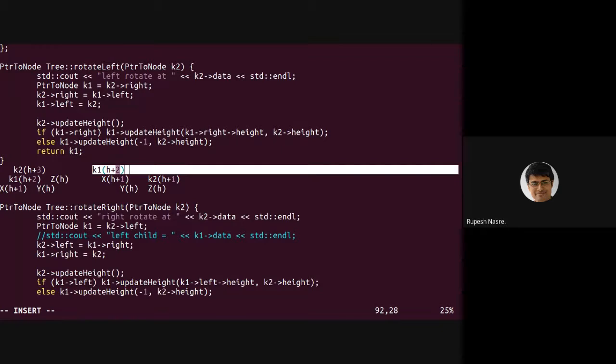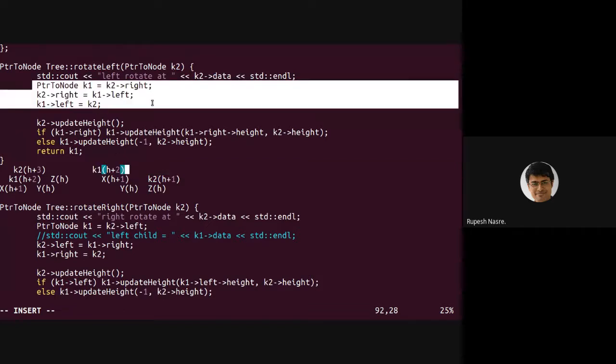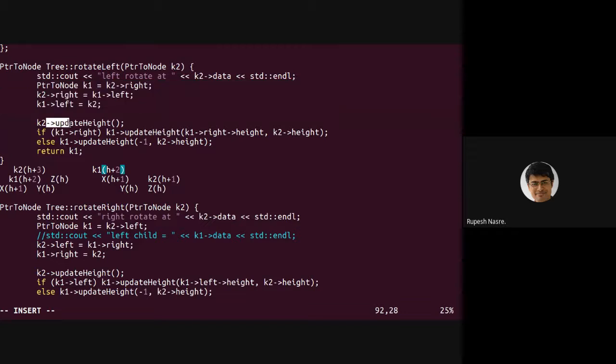I hope this part is clear. This is something which I didn't talk about, but I thought that since Abhishek has asked this question, we are maintaining actually that AVL property by looking at what exactly we are doing with respect to the pointer manipulation and then the updation of height. Abhishek, does that make sense?